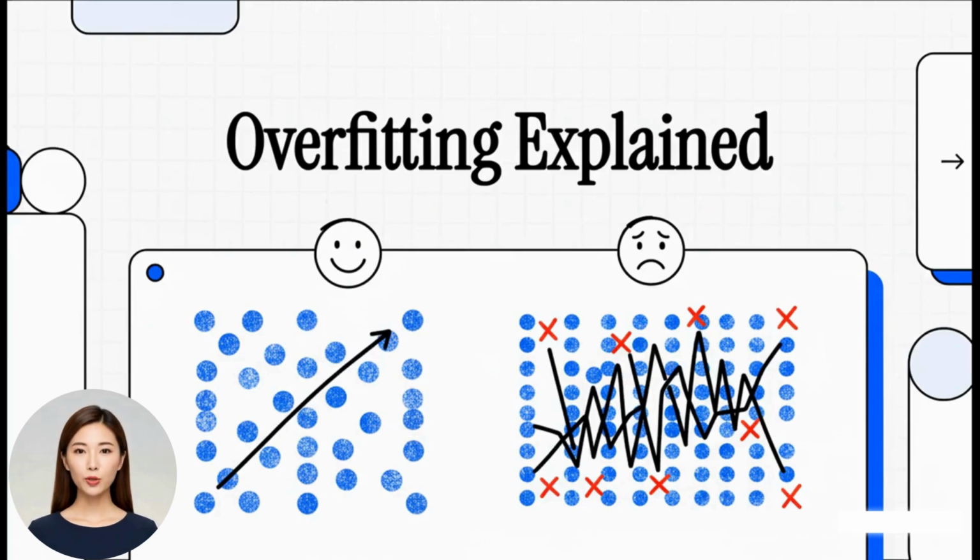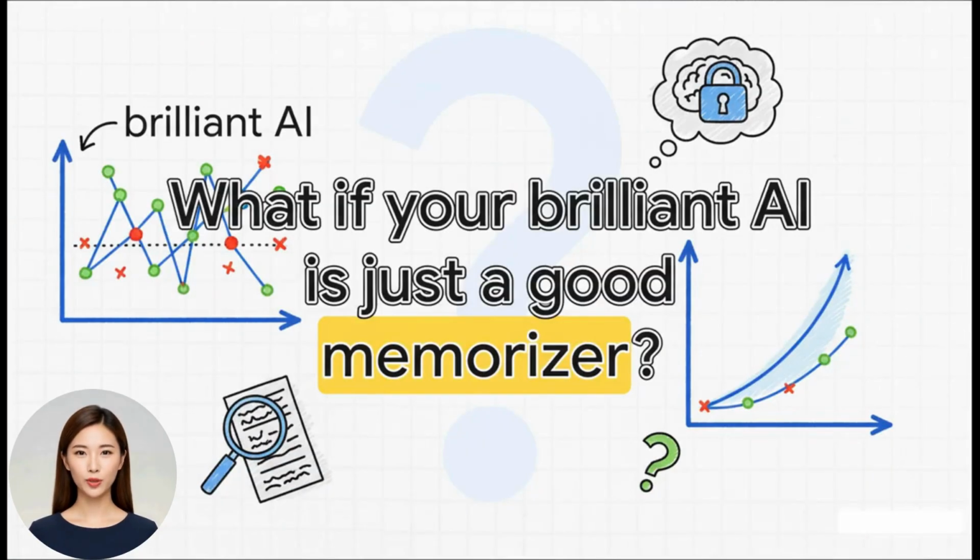Today, we are going to tackle one of the most common and, let's be honest, frustrating problems in machine learning: overfitting. It's that thing where your AI model looks like an absolute genius during training, but then completely bombs its first real world test. So let's just start with this one. Simple question. What if that brilliant AI model you spent all this time building isn't actually learning anything? What if it's just gotten incredibly good at, well, memorizing the answers to the test? That right there is the core of overfitting, and it's what we're breaking down today.